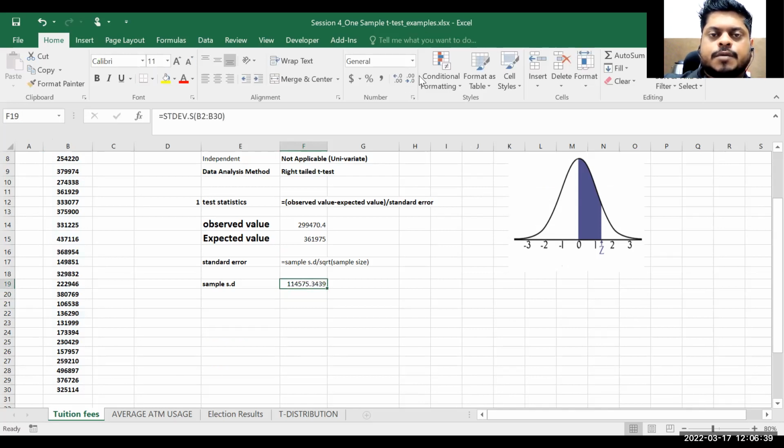So this is my sample standard deviation. The formula is STDEV.S, for the sample, over all the data points I have taken. Then my standard error will become